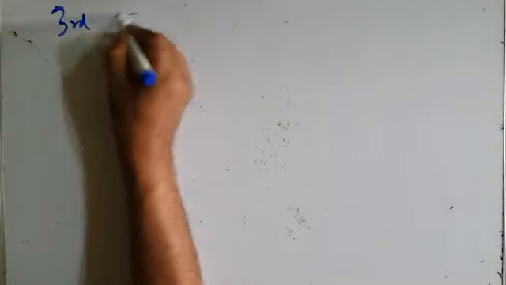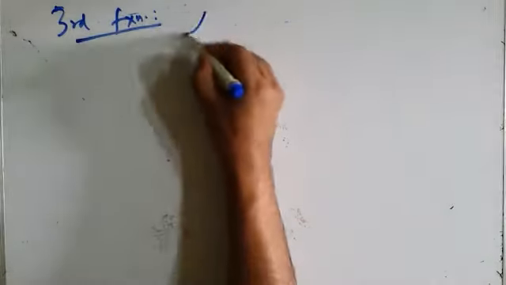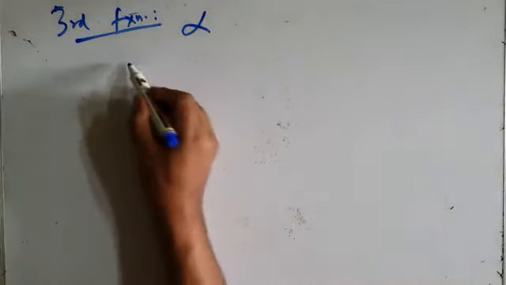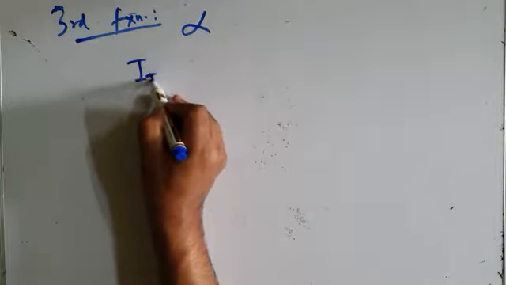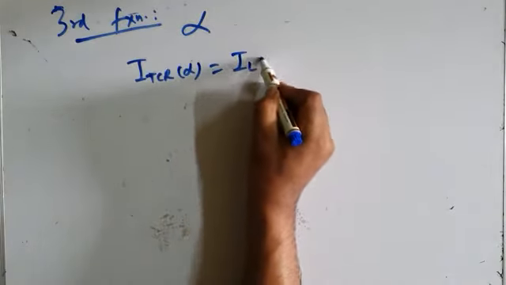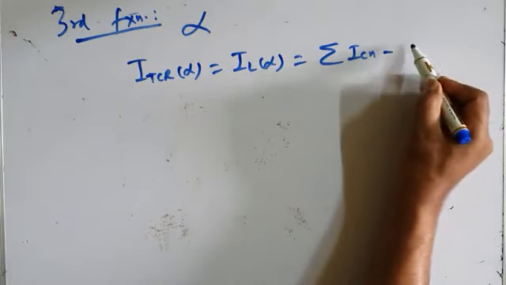And in the third case, what is the third function? The third function is that your controller has to determine alpha, the firing delay angle control of the TCR. ITCR is a function of alpha, which is also equal to IL alpha, that is equal to sigma ICN minus